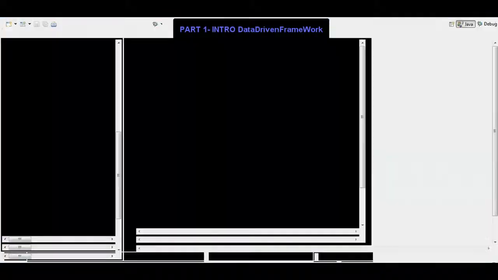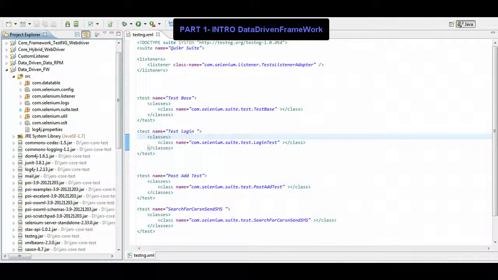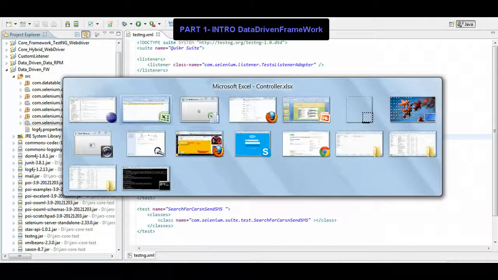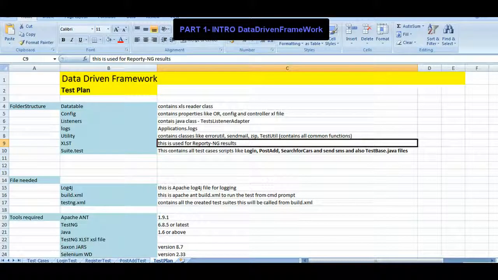Okay, so when you go back to our code or structure, right? Basically, it will look like this. We'll create a new framework, a data-driven framework. All the folder structure and everything, we keep the information. So I'll explain about this folder structure. Just a base. Okay. So this is the overall plan that you are going to achieve from scratch.